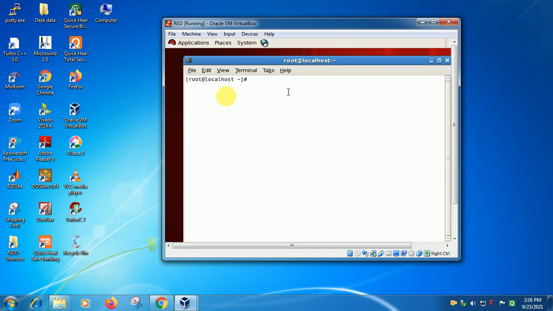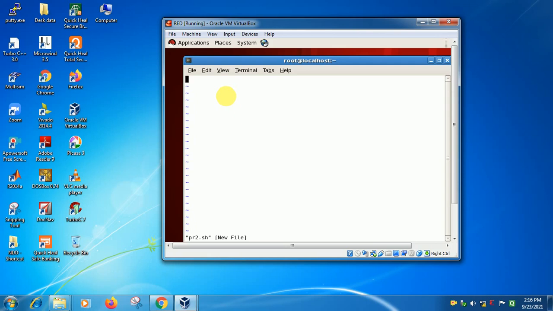To open the VI editor, we type vi and then the file name. Suppose my file name is practical2.sh. This .sh indicates that I want to create a shell scripting file. Just hit enter, and you enter the VI editor.